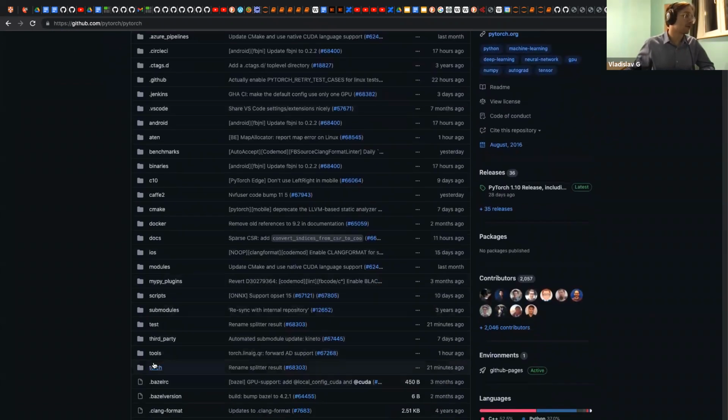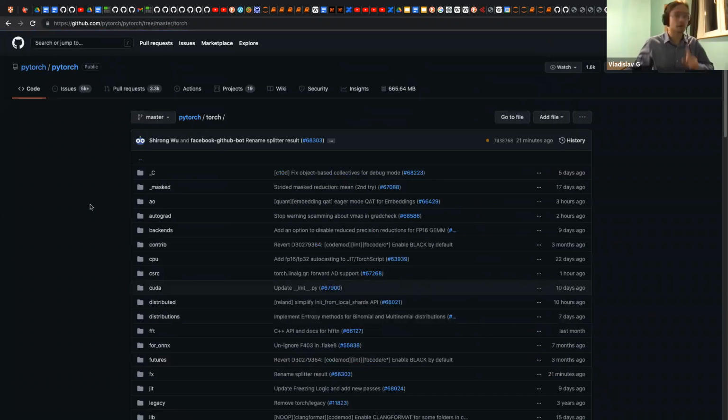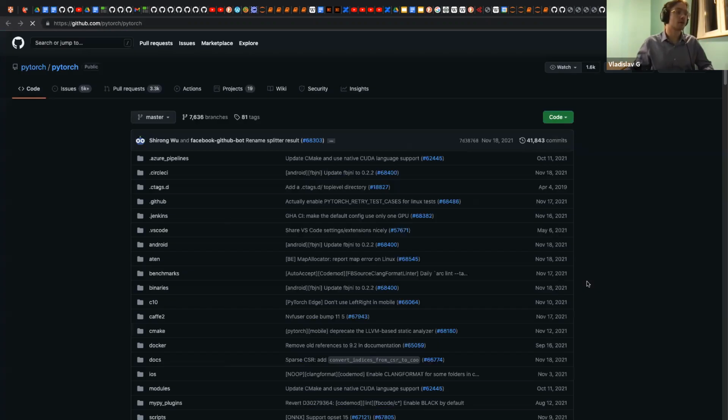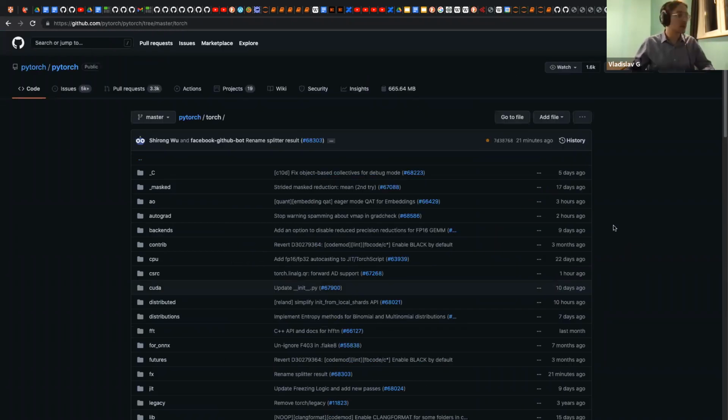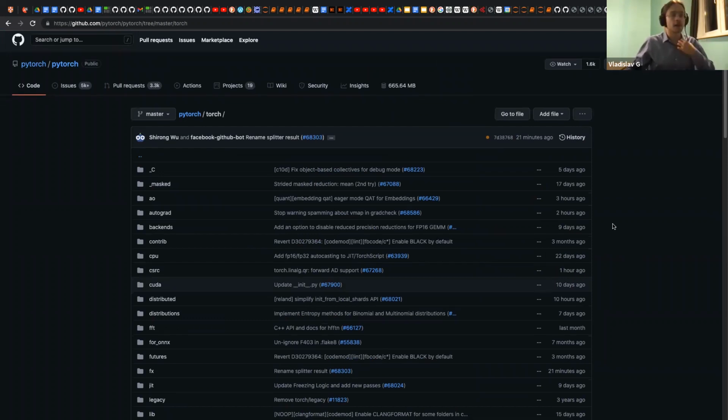Here we have torch, but be careful with the PyTorch repository, because in fact it contains lots of C++. And if you don't know C++ at an advanced level, then you won't be able to read those parts, but many parts are human readable, Python readable.